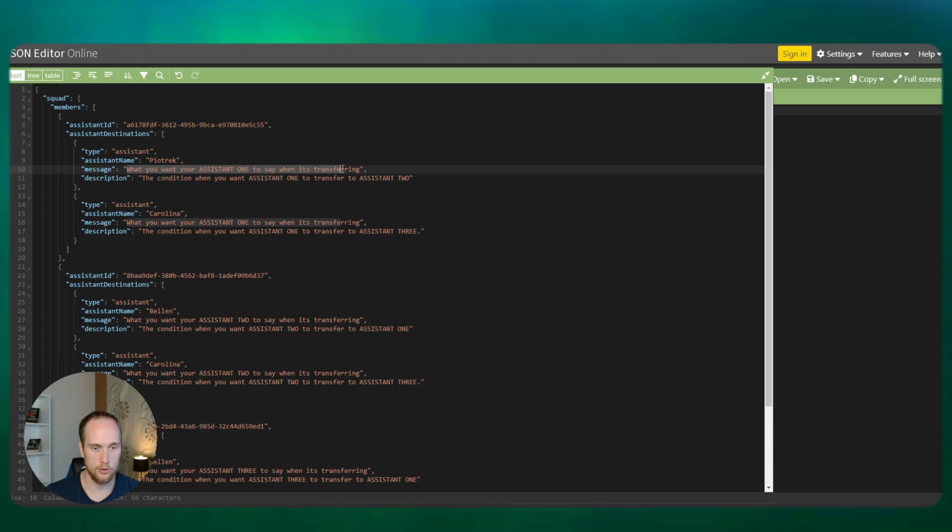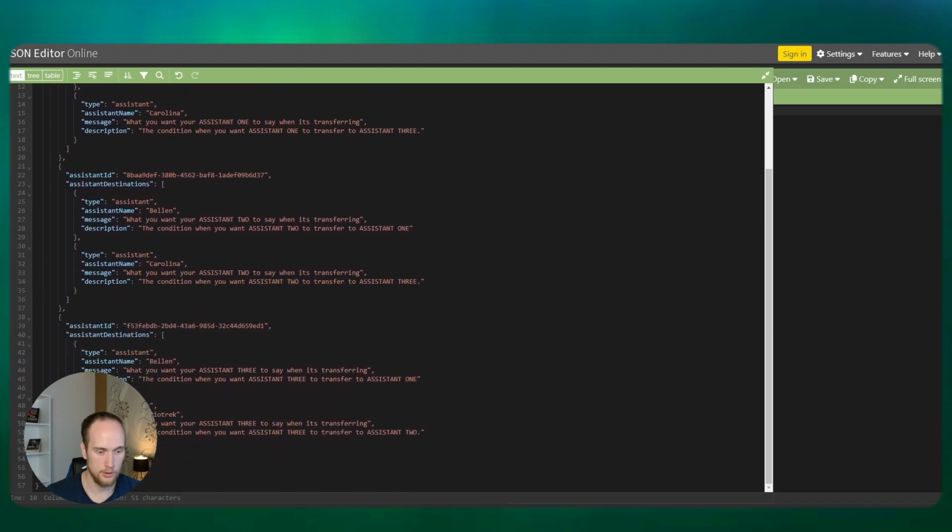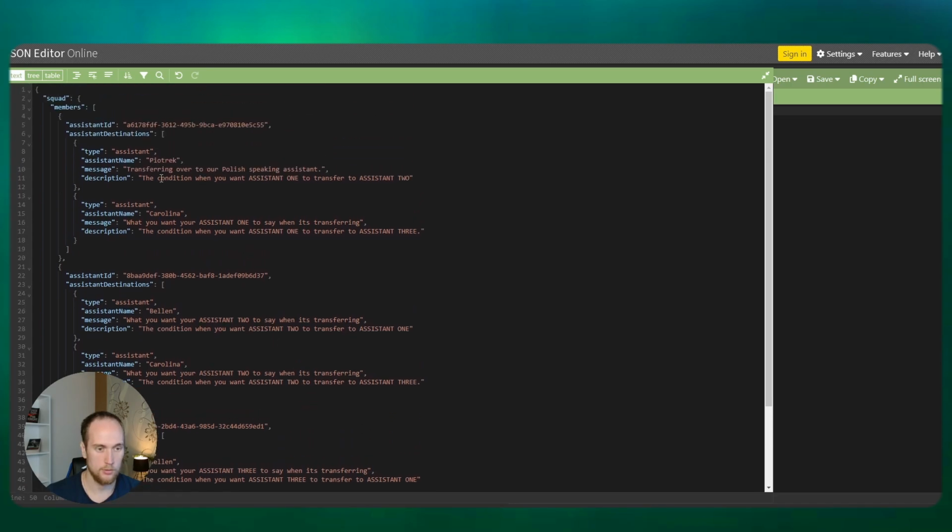When she's transferring over to Piotrek, what we want to say is "transferring over to our Polish speaking assistant." Now let's find the other instance of where we're doing that. So we are doing that over here. Cool. And I want this to happen when the user wants to speak in Polish.